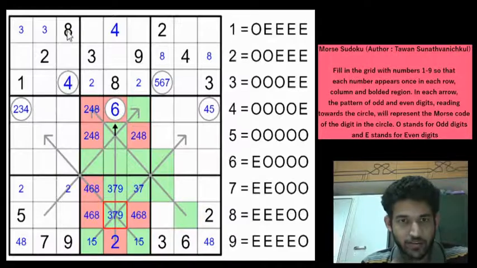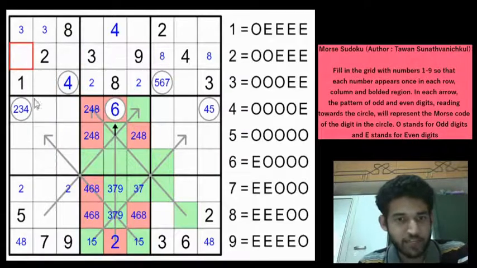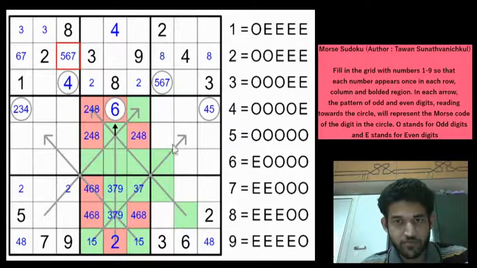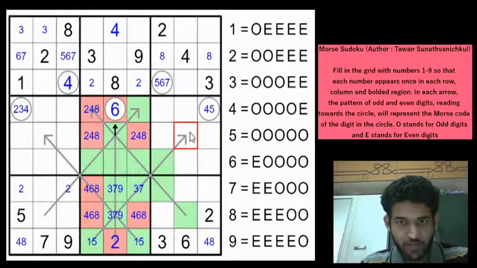Right. Now let us try to make some classic progress. If you look at box 1, 1, 2, 4, 8, 3 and 9 are not going to be possible in these two cells. So remaining digits are 5, 6 and 7. We have a 5 here. So this will be 6, 7 and this will be 5, 6 and 7. So this cell can either be odd or even, we don't know it. And again 5, 6 and 7, there is no information.